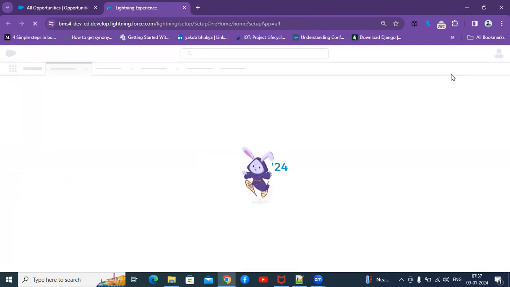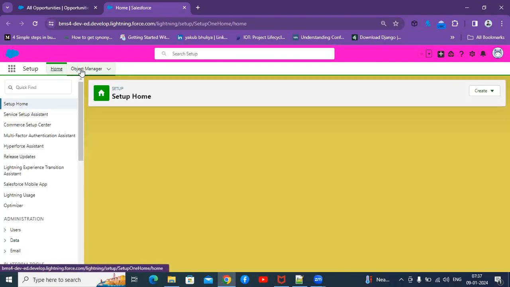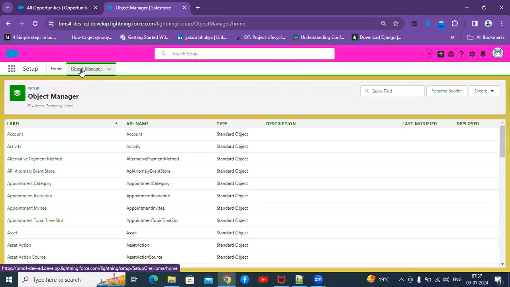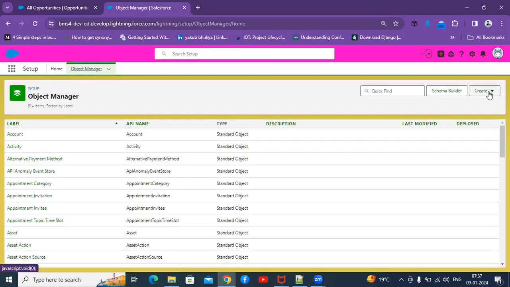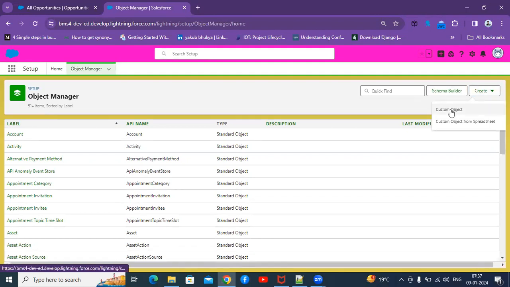Now, whenever you want to create an object, first we need to go to Setup. After jumping to Setup, here we'll have Object Manager. To create any object, we can do it in two ways. You can see we have the Create option now: Custom Object or Custom Object from Spreadsheet. Custom Object means by clicking on this, you can create a custom object